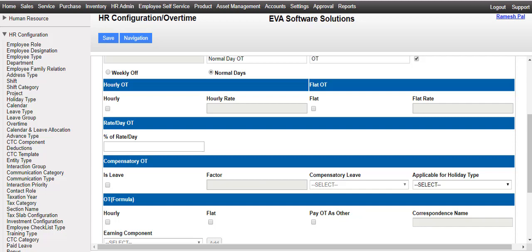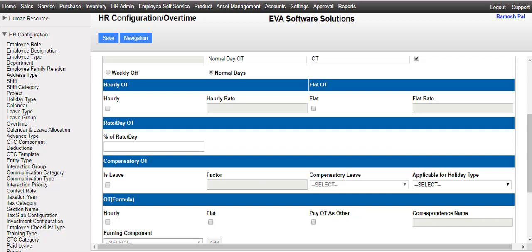So before discussing about how to define compensatory OT, first I will explain what is compensatory OT. Suppose an employee works on national holiday, then there are few organizations who pay double salary to their employee on that particular day, and also give him one leave as a compensatory leave, which is basically a paid leave.